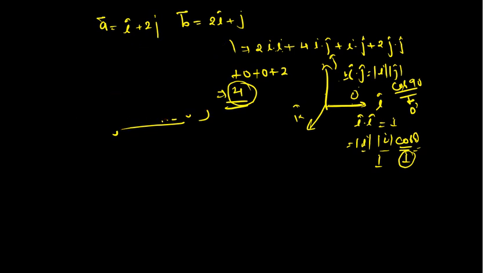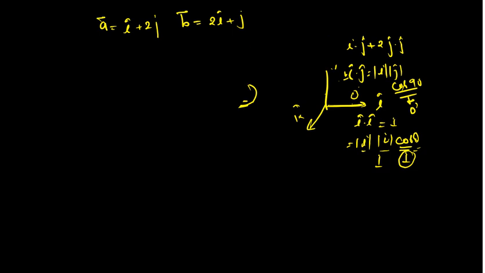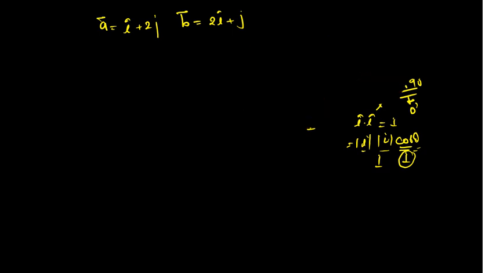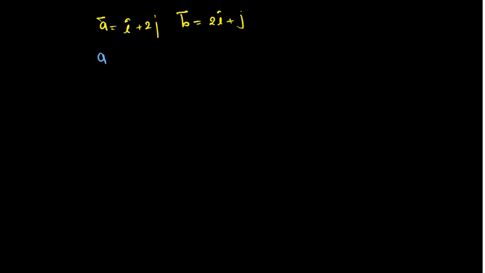So a vector again is i plus 2j, and b vector again is 2i plus j only. In that case, if you do a vector cross b vector, it is better to do it using a matrix, or I can say a determinant. So i, j, k you write in the first row, then in the next rows you write the coefficients: for a vector 1, 2 and 0, and for b vector 2, 1 and 0. Now you solve this determinant.